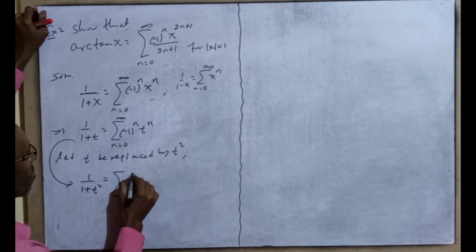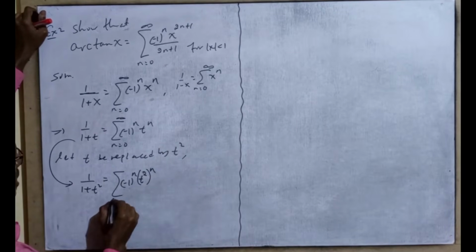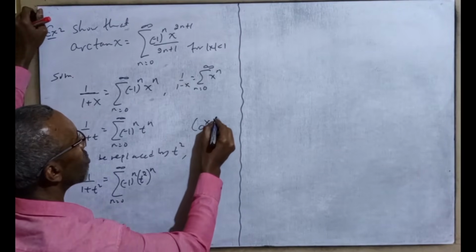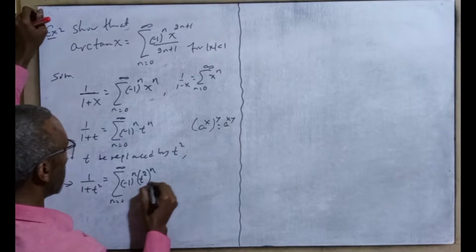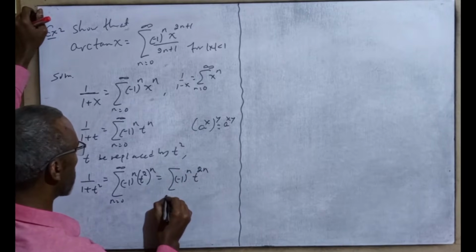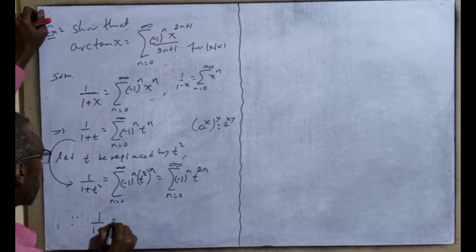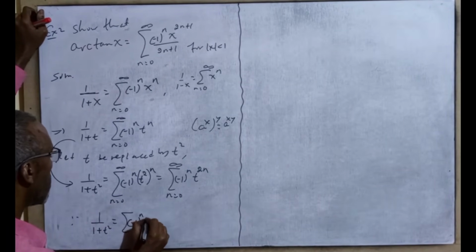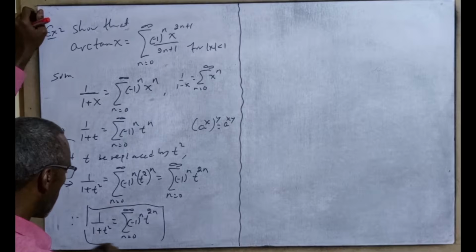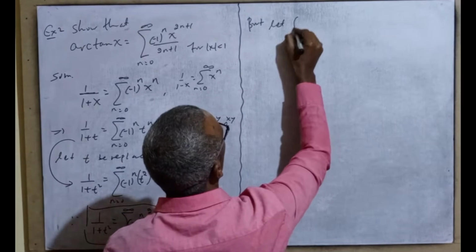The sum of minus 1 raised to n t raised to 2n, where t squared is substituted in place of t, n from 0 to positive infinity. From the exponential law we know that a raised to x raised to y is a raised to x times y. Therefore 1 over 1 plus t square is equal to the sum of minus 1 raised to n t raised to 2n, n from 0 to positive infinity. Let's keep this as an equation. But the integral of 1 over 1 plus t square, what does it give me? Let f of t be equal to